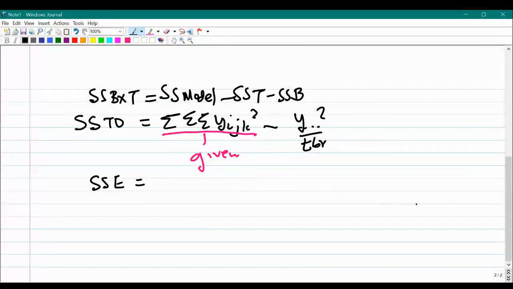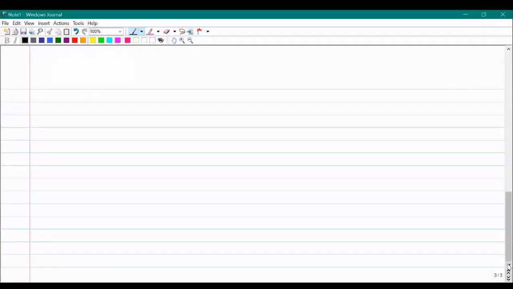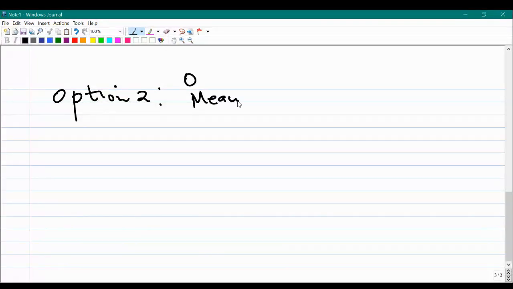So now let's move to option 2 without the waste of time. So those are some of the things that we're supposed to do. If you go to option 2, I gave you option 1, option 2 of solving that problem is to use the means. Use the means to find